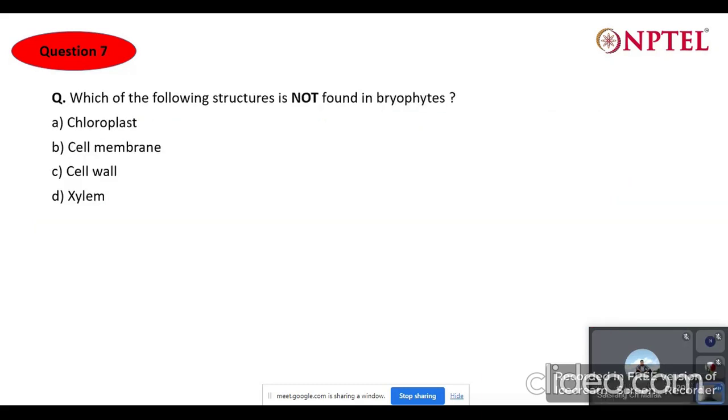So now comes question 7. Which of the following structures is not found in bryophytes? So bryophytes are the ones that